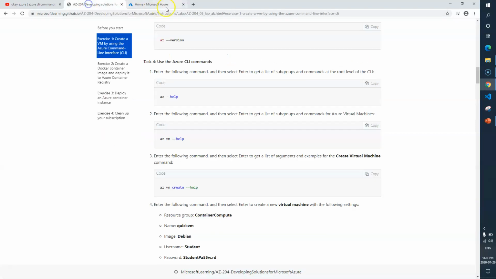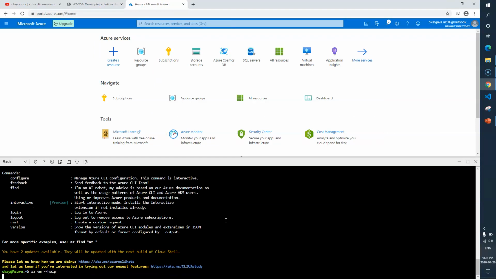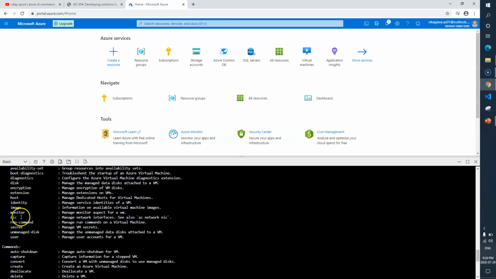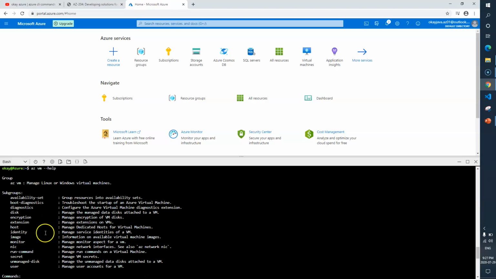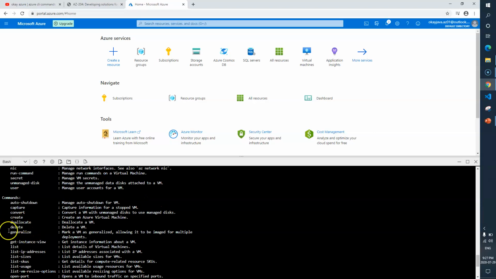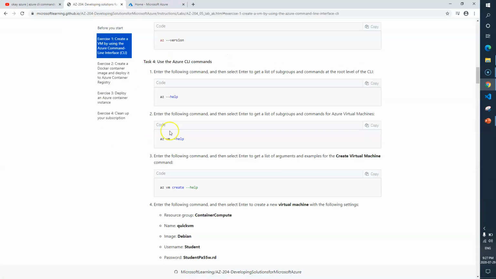Now, next thing is go and type the next command which says az vm --help. It will give you all the commands that you can work with the virtual machine. So you see here, with the virtual machine you can set up availability set, diagnostics, disk, encryption, image, capture, convert, create, list, start, stop, a lot more. You can go through these many options or commands.